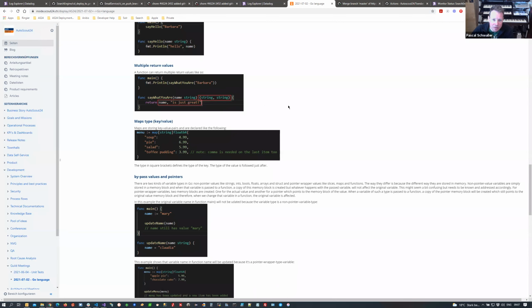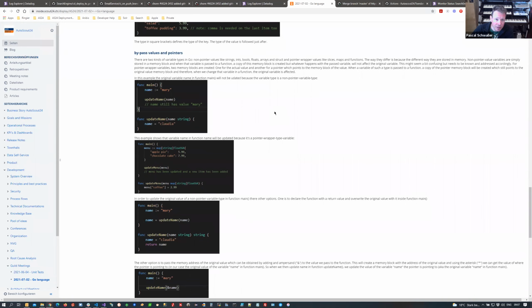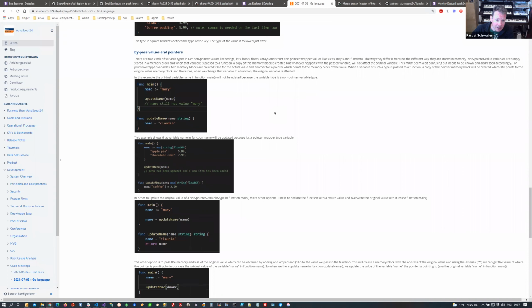Then we have the key value pair, it's kind of a map. So this is how it's declared. We have the type of the key and the value. It's declared like this. And